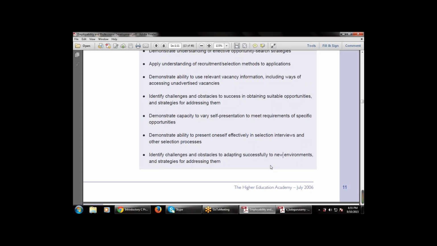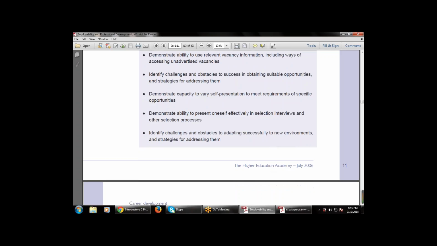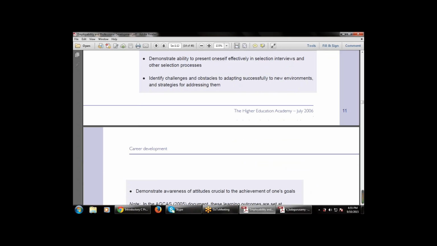That is, what are the various new strategies and new criteria used for a changing environment, and what are the various strategies used to address them. So identifying the challenges and the obstacles for adapting the strategies to the new environment, and strategies